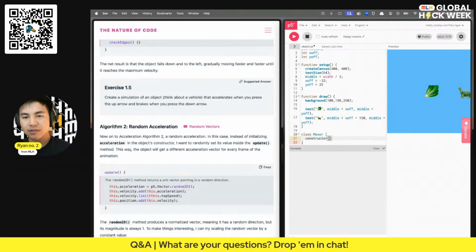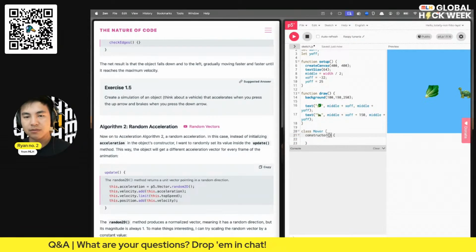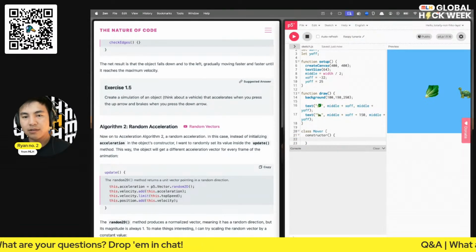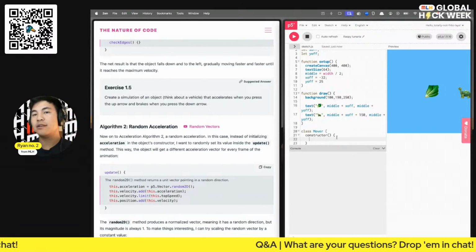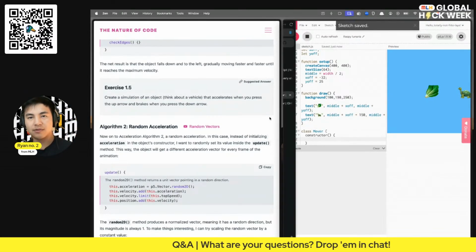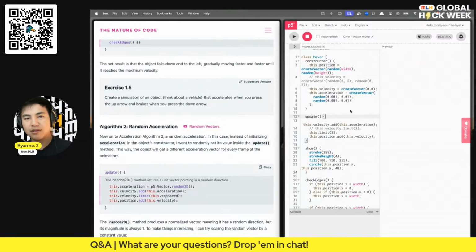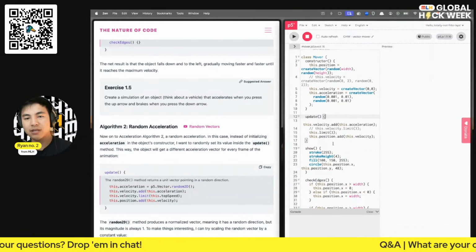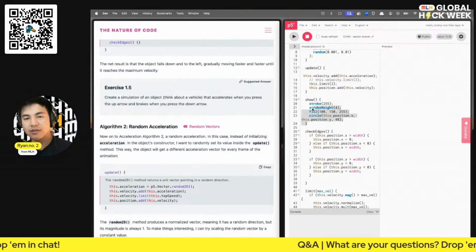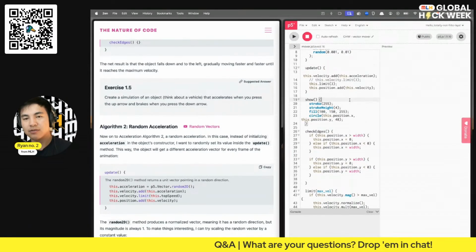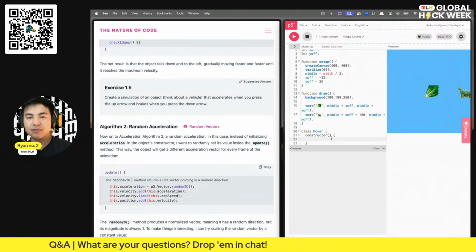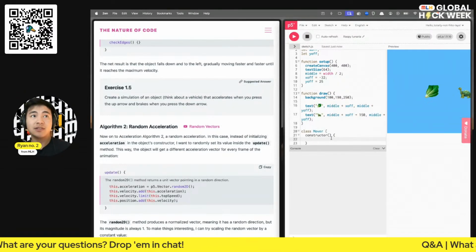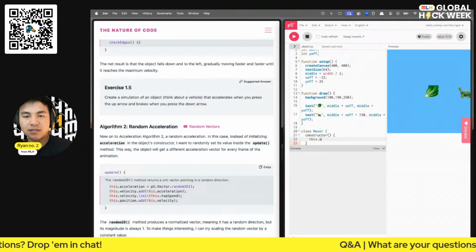Let's see, I'm trying to remember how we did the previous one, and I don't remember. Specifically, I'm trying to remember where we actually started doing the draw. So the draw is its own function that's under show. So that means for the constructor, we're pretty much going to do the same thing of doing this dot